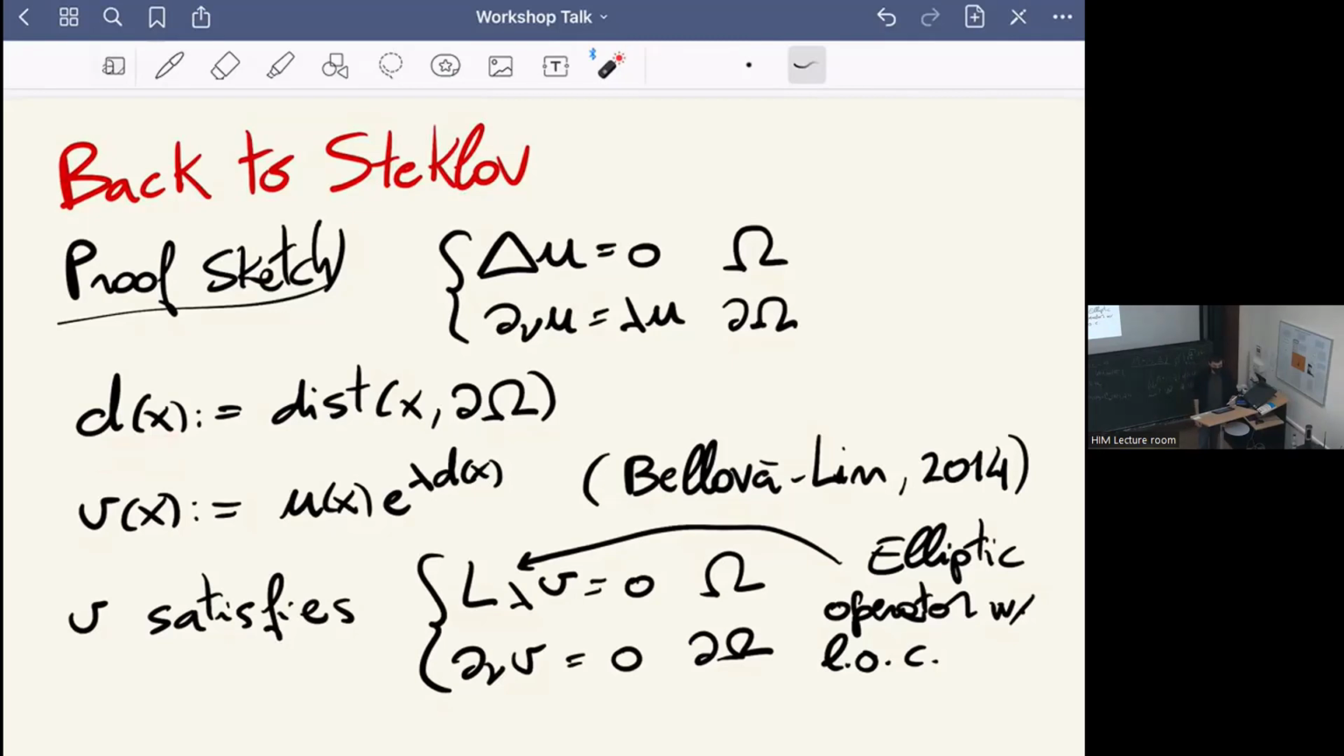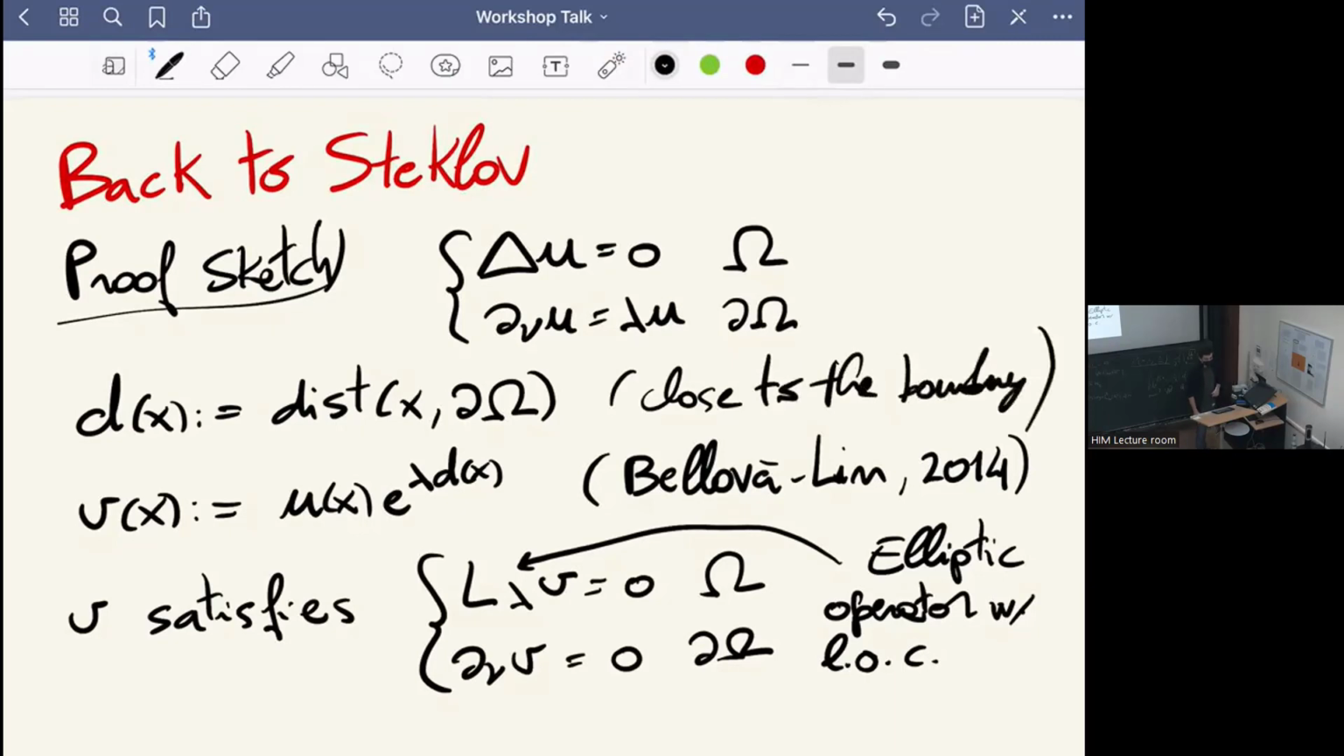So I take d of x, which is just the distance of x from the boundary, and I'll consider this only close to the boundary and modify it in some way in the interior. It's not important really. Okay, then there's this nice trick. You define this function v of x, which is my Steklov eigenfunction u multiplied by e to the lambda d of x. What's nice about this is that if you compute what equation v satisfies, you get that v satisfies an elliptic equation with also lower order terms in the domain omega, but it satisfies a Neumann boundary condition